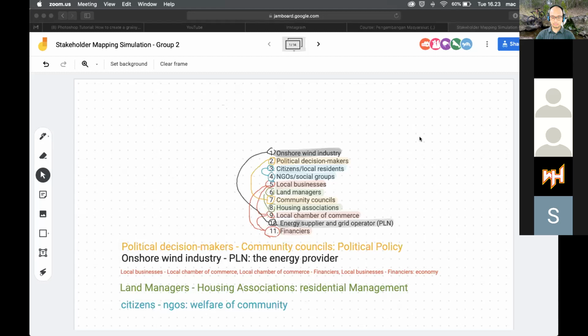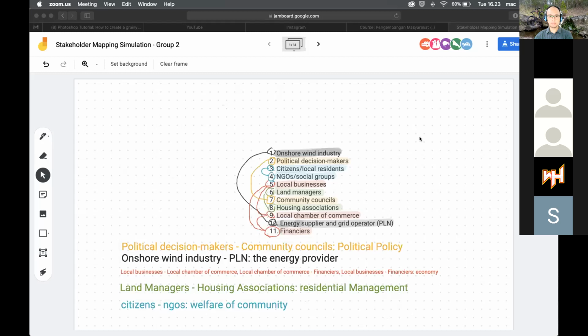organized in the local chamber of commerce, because we have found that local chambers of commerce are an organization that provides networking for local businessmen. And the local chamber of commerce is also related to the financiers, because they need a budget. And we concluded that the three of them contribute to the economic sector, and land managers and housing associations are also related in